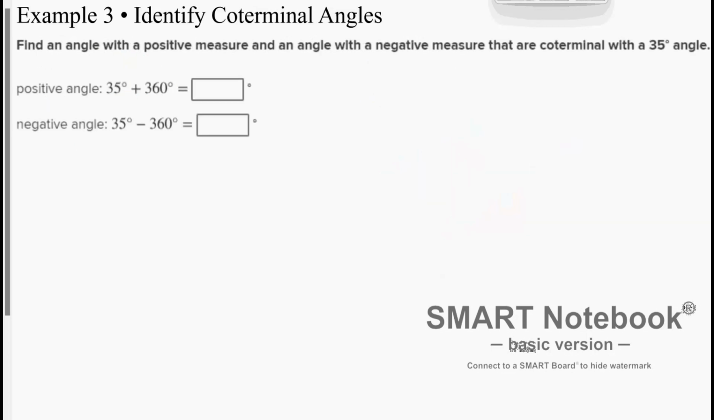All right, example 3, we're going to identify coterminal angles, a positive and a negative one. Whatever our angle is, 35 degrees, we can add 360 to that and get 395 for the positive angle. And then for a negative angle, we can subtract 360 from that, and we get negative 325. So that's just how you do it. Continue to add